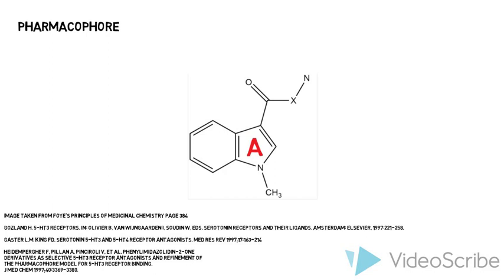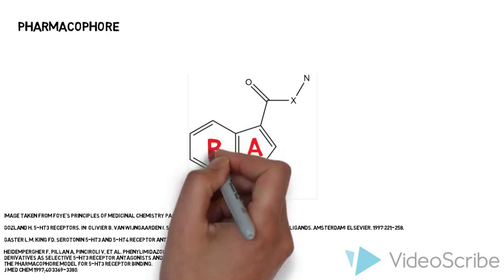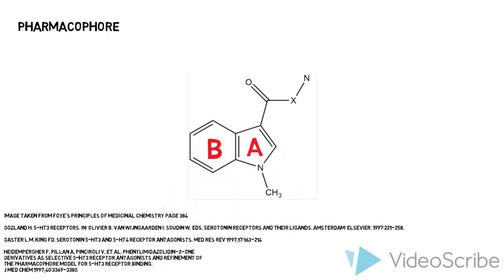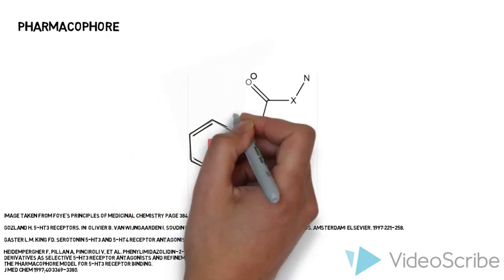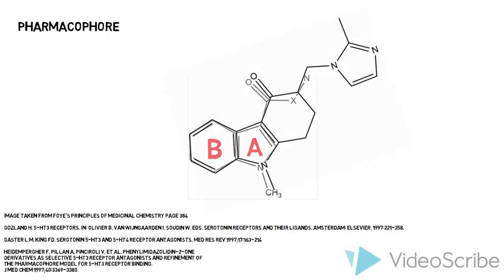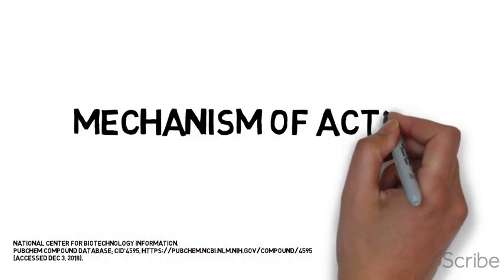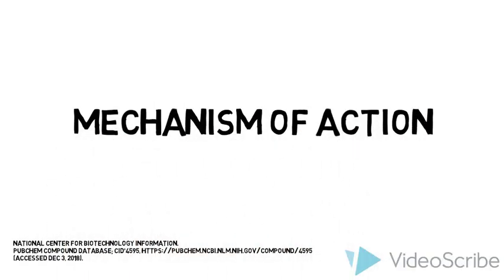However, the A ring only acts as a spacer and is not actually required for binding. Ring B, however, is much more important and links to hydrophobic binding regions. As you can see, the ondansetron structure overlays the pharmacophore, which displays their structural similarities. So now we need to consider how the drug ondansetron works on the 5-HT3 receptor specifically and its mechanism of